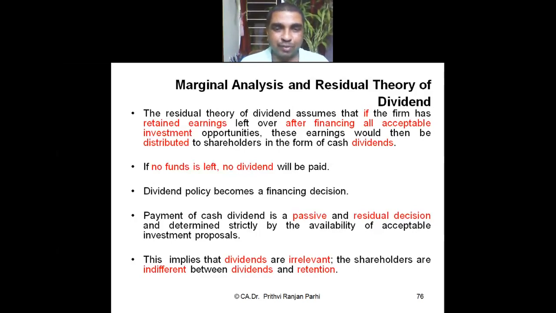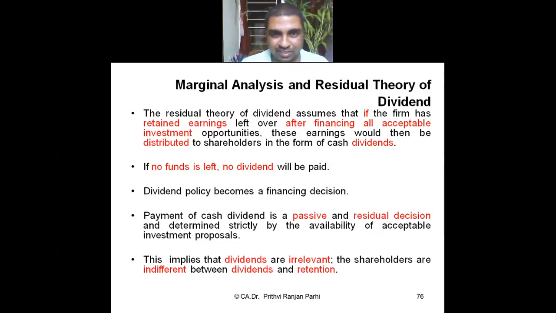In the capital budgeting chapter we have studied various kinds of capital budgeting techniques: NPV, IRR, payback method. These are discounted cash flow methods. So many things you have learned, is it not? Profitability index, all these methods we have learned. By applying all these, we will be able to decide whether a project is acceptable or not acceptable.